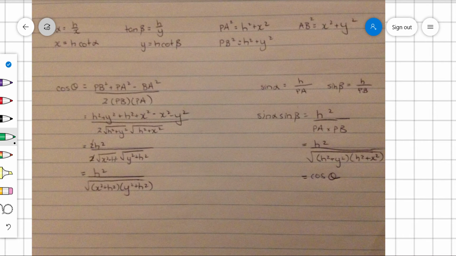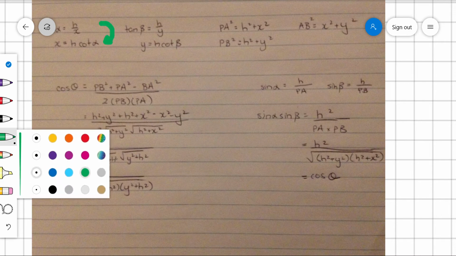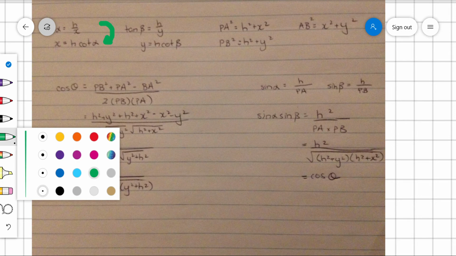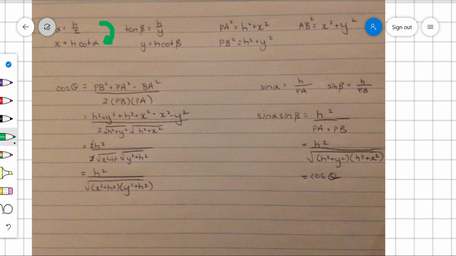I'm not so good with cot, so I'm going to go straight to tan alpha and have a look at what tan alpha is. Because it says x and h, I want the x and the h in there, so I'll go straight to tan alpha and look for the x and h. Yes, it has opposite over adjacent, h over x. And then once I've written that, I can very easily then go to x equals h cot alpha